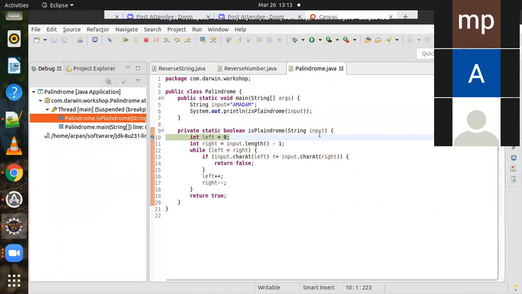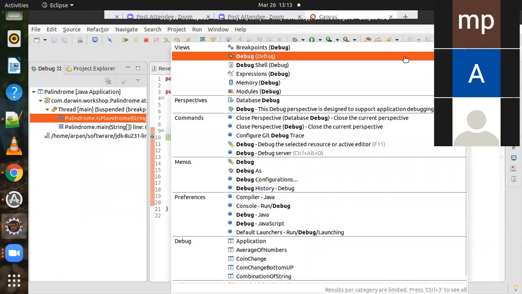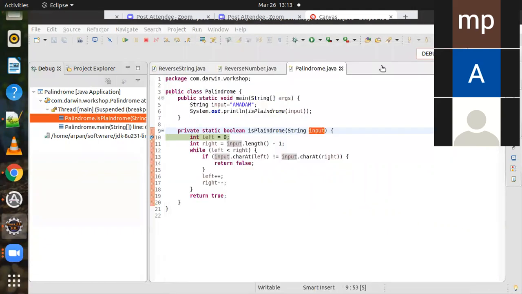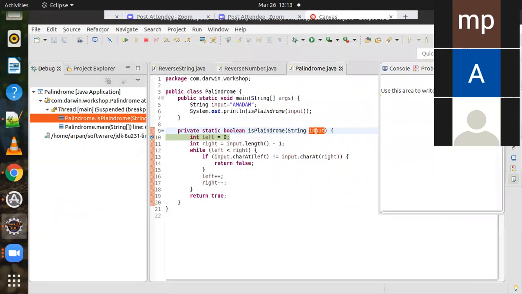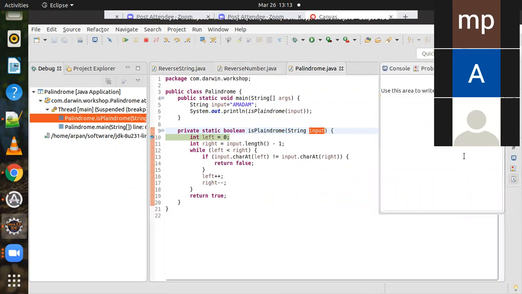So the input is here, and I want to change it. So there is the debug shell. This is the debug shell. You can write like this, it is in the stack, right? So I'll copy it, and in the debug shell, let's suppose I want to change the value. Let's suppose I'll write